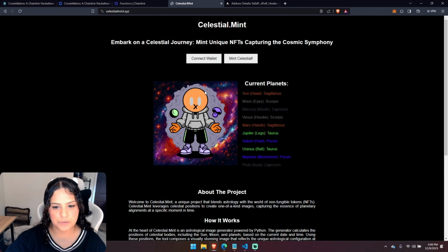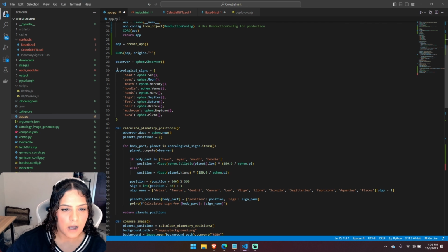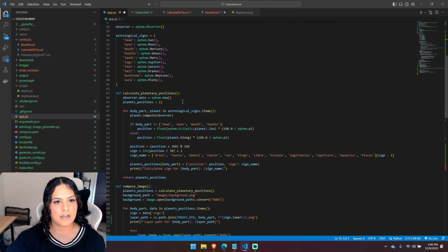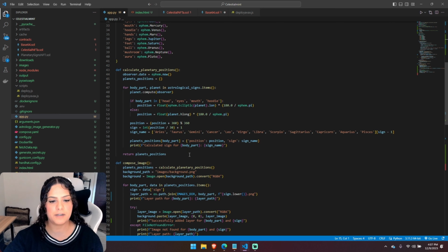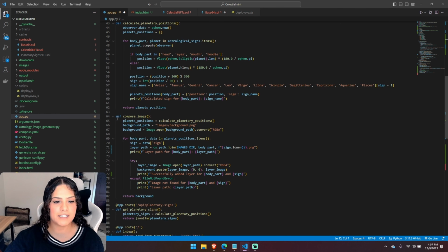behind the celestial avatar. I assign these variables and really just define what the astrological signs are in the context of my project. With the ephemeris library, we're able to, one, identify the current position, and then we also get to do some calculations in order to assign the astrological signs of the planets. Based on those planetary placements, we're able to get the planet positions, which is then what's used in a